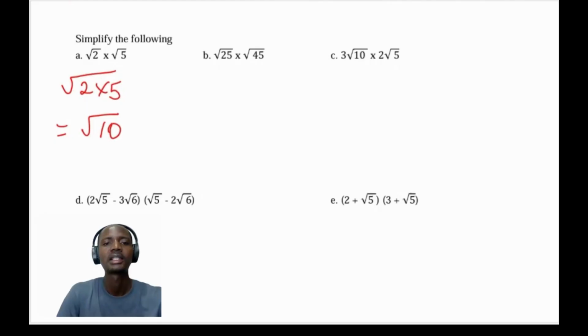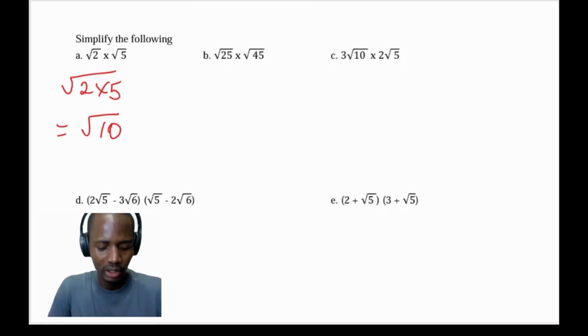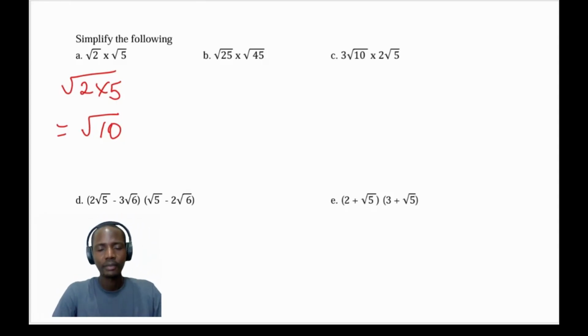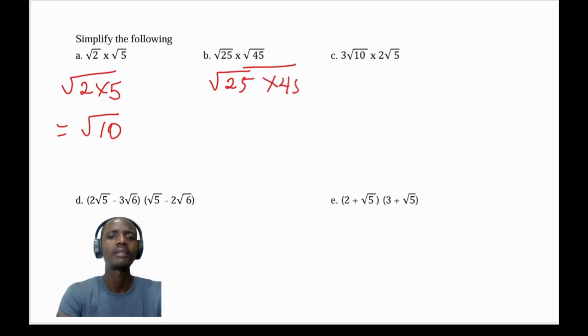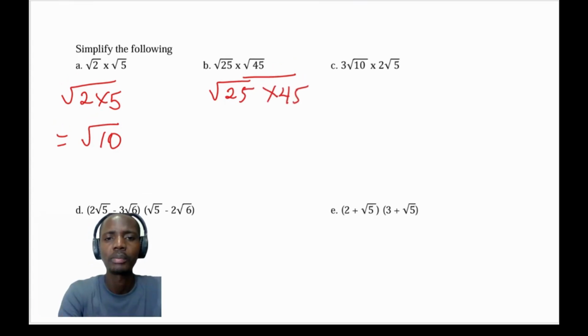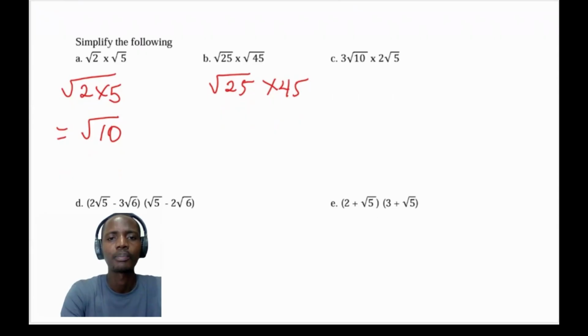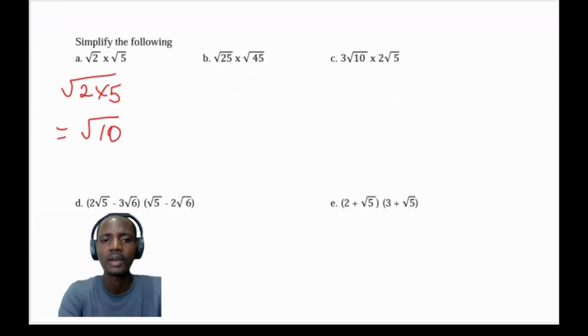Okay, another thing is, for the case of the second problem we can always simplify our surd. We have our surd in the basic form. So if we have our surd in the basic form, it makes it easy for us to multiply. In this case, of course, we can decide to do root 25 times 45. But you see, we're having large numbers. So what do we do in this case? We can decide to, what is root 25? Root 25 is 5